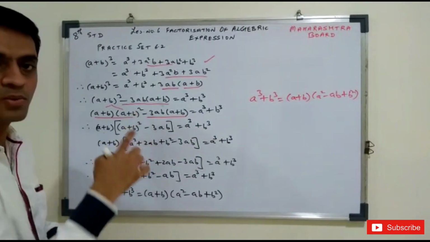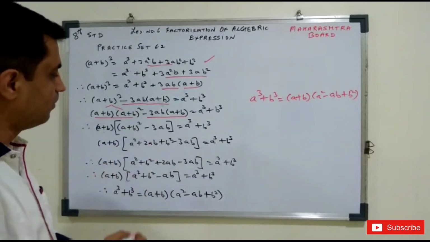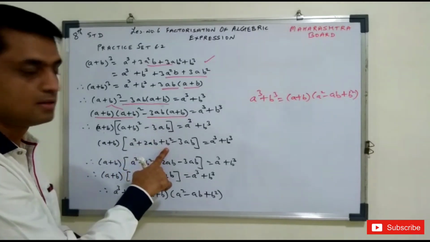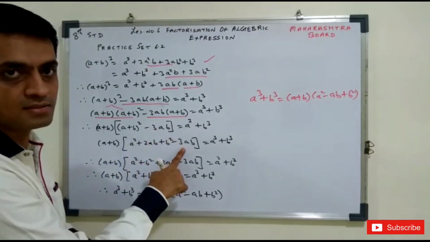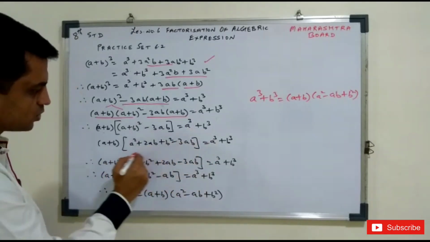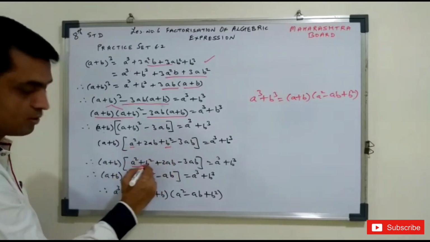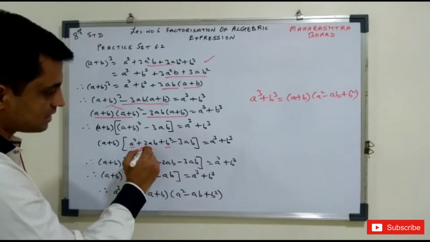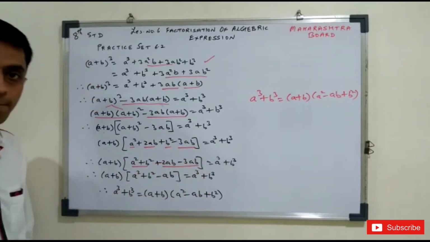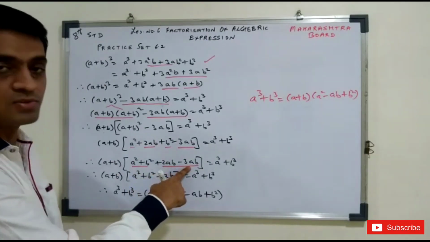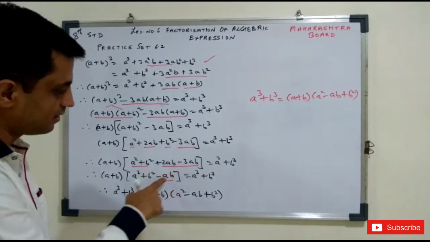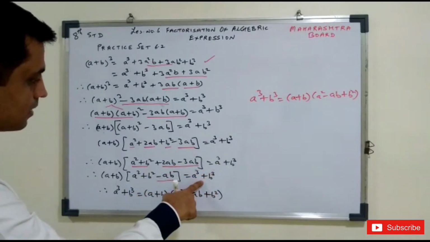Now after this, what have we done? a plus b the whole square, you can write in the formula. Which formula? a square plus 2ab plus b square. Correct? And minus 3ab as it is, and this as it is. Now we have taken these terms together: a square and b square are taken together. And these like terms, 2ab and minus 3ab, we have taken together. Now 2ab minus 3ab is what? Minus ab. Correct? Like terms you subtract, sign of the greater number. And this as it is. So now what did we get?